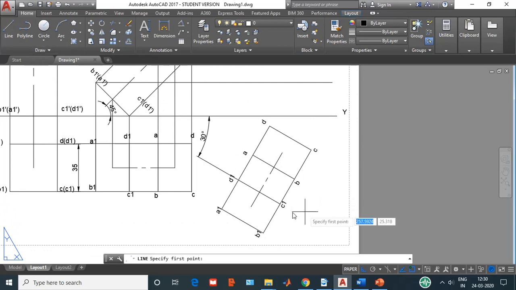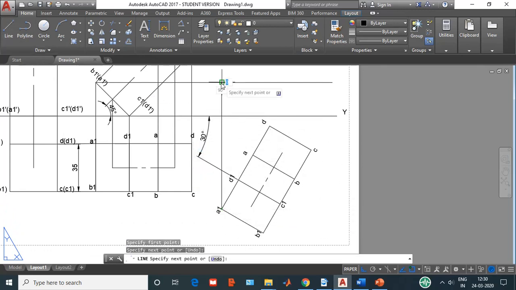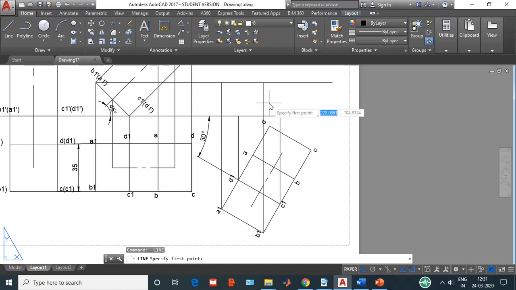Line. First this is A, which is on this particular line, then B, which is at this point, then C, which is on the XY line, and then D, which is on the XY line. Then join all the 4 points.